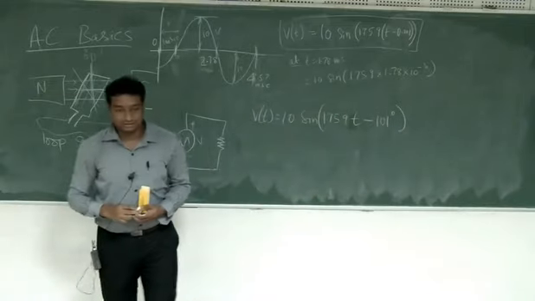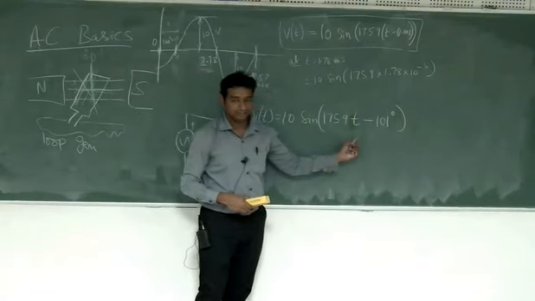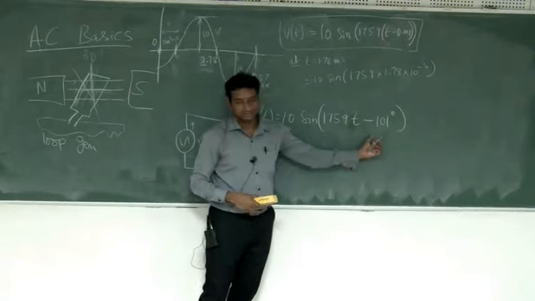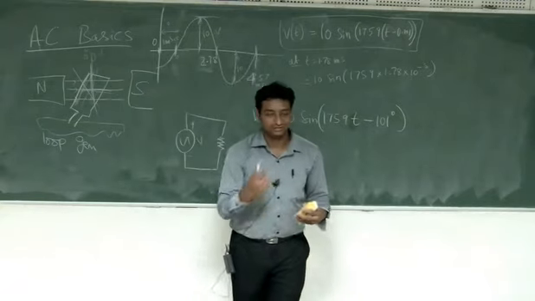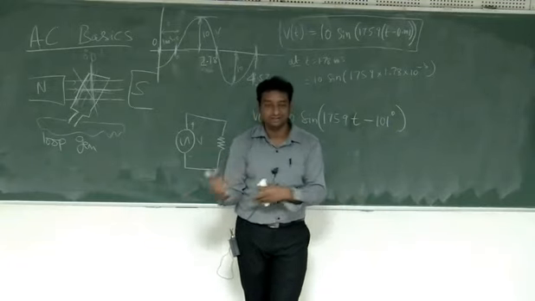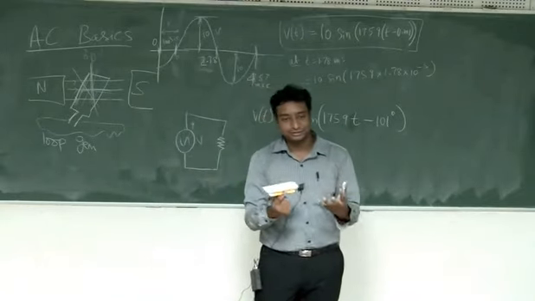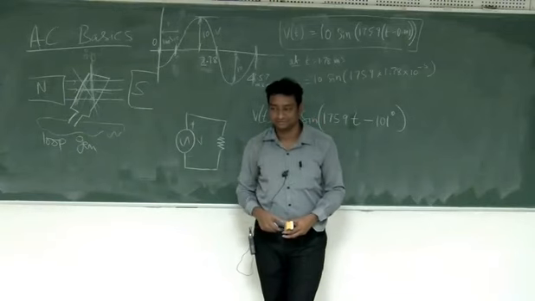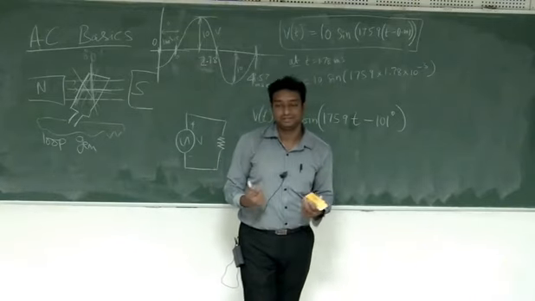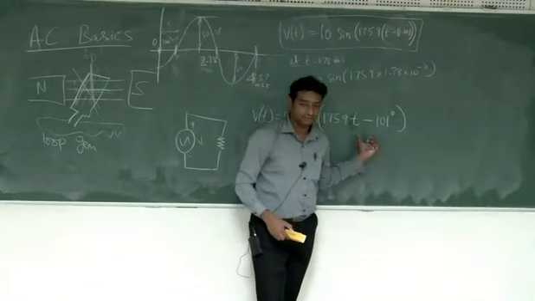Strictly speaking, this is not the nice way of writing it, because this is in radians per second, multiplied with time, so it becomes radians. Radians minus degrees is actually not right. It's like meters minus feet. Before doing the minus, you have to convert either all to meters or all to feet. But it is easier for human beings to get some feeling of how many degrees. We are not worried about how many milliseconds. How many degrees is a more intuitive understanding. So for the understanding of human beings, we use this kind of representation.